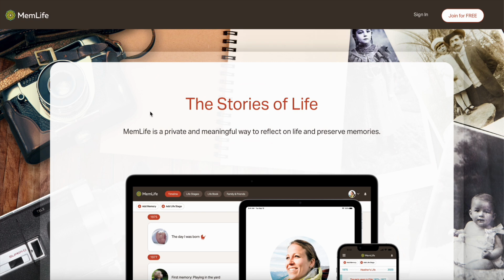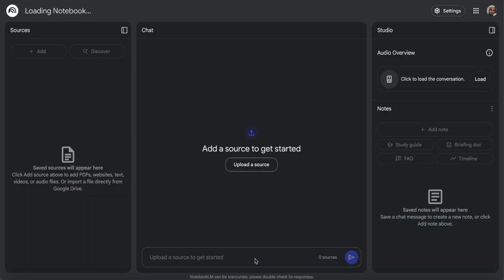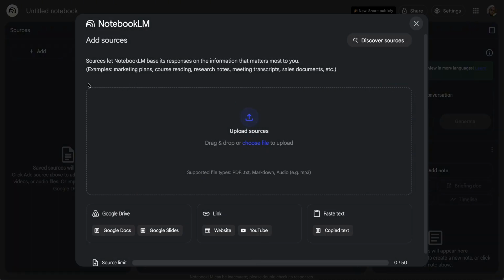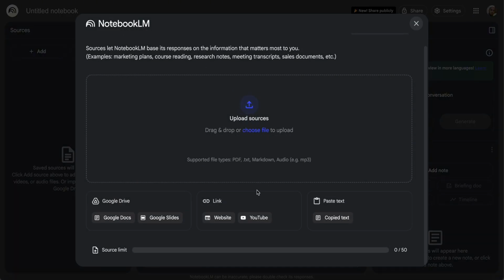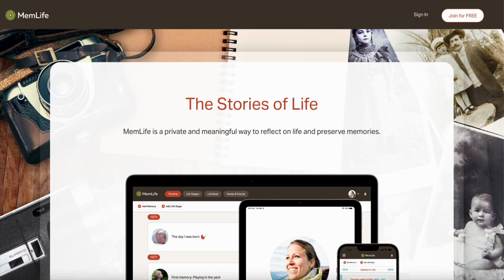Now for the secret sauce, which is Google's NotebookLM. NotebookLM happens to be incredible at designing prompts. It's free to use. Just search for NotebookLM or go to notebooklm.google.com and create a new notebook. It's going to ask you to add sources. So under sources, you want to go to website and paste in your URLs, which in this case would be Memlife